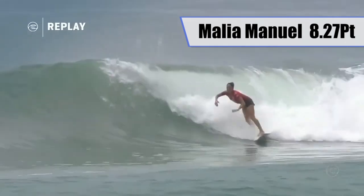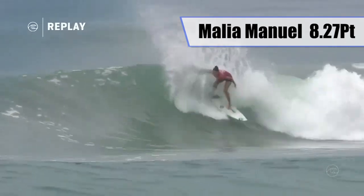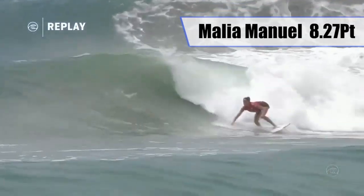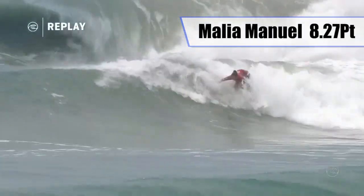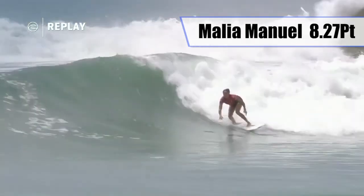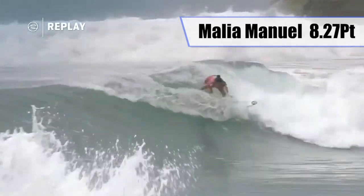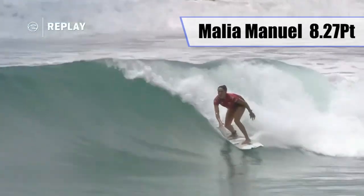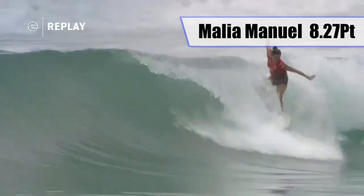Busted the fins outside 2 times in a row. As difficult as it gets. And then just went to town. This wave offered up section after section. And look at her positioning right next to the foam ball. In the pocket the whole time. This angle really shows how much power she was putting into every maneuver. And most importantly, gets a strong